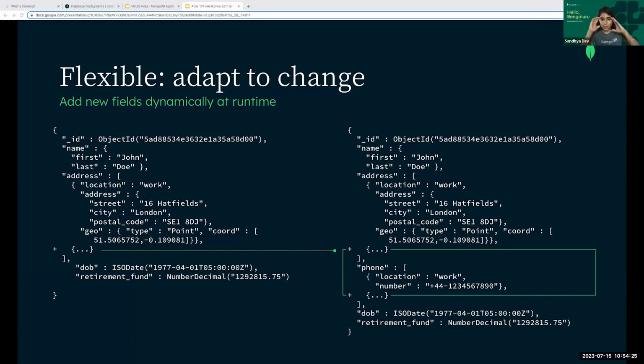Now, to be able to think about it from an application perspective, you don't want to make those changes at the schema level, but you still want the database to accommodate all these changes. So with Mongo, if let's say today you have